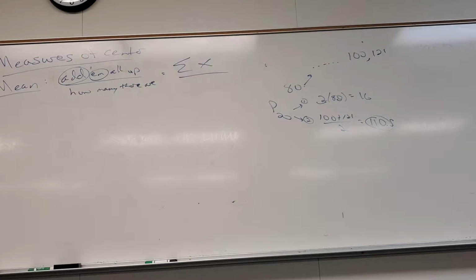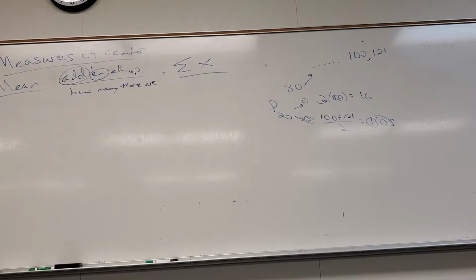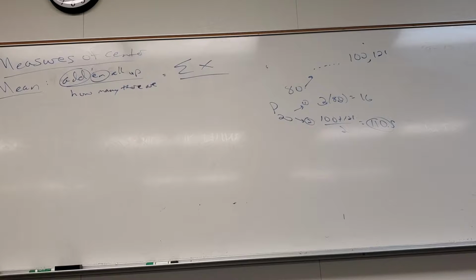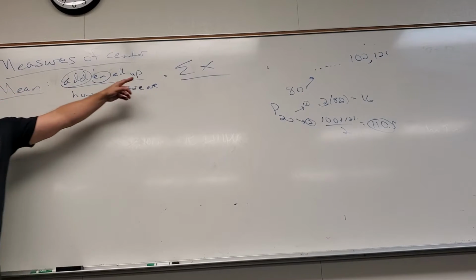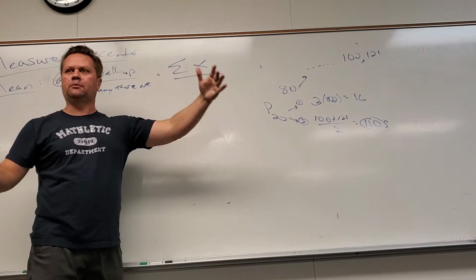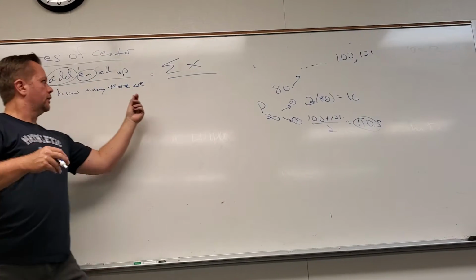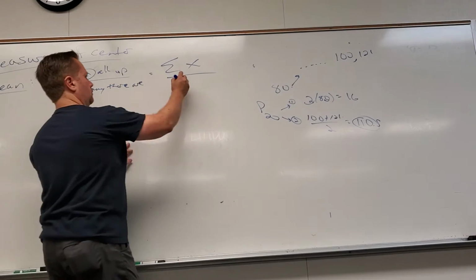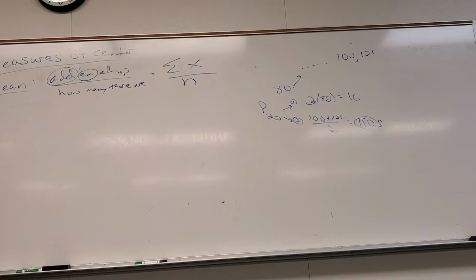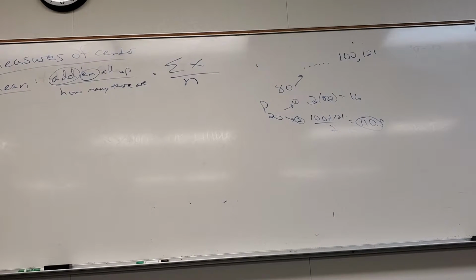So just like this symbol, if I said do this, what would you say to me? Do this problem. What would you say to me? I love it. Yes, you would look at me like that, and you would say, of what, Jeff? You left that out. So this symbol by itself means nothing, just as much as this symbol means nothing. So sum up what? Sum up the x's. Sum up the data values. And then the letter we're going to use for the number of data values is n. Okay, so there's our first little equation.